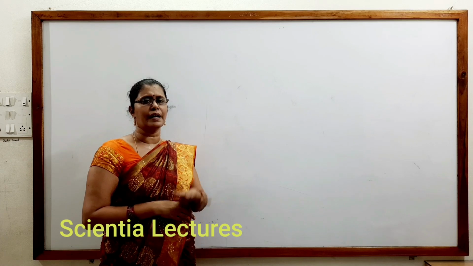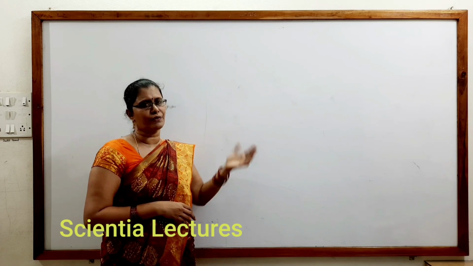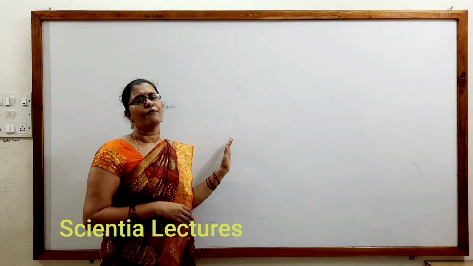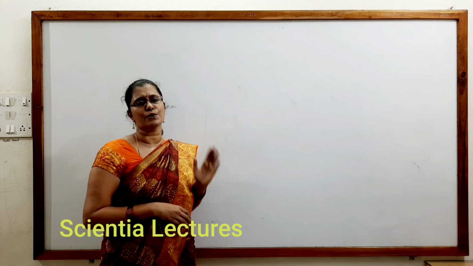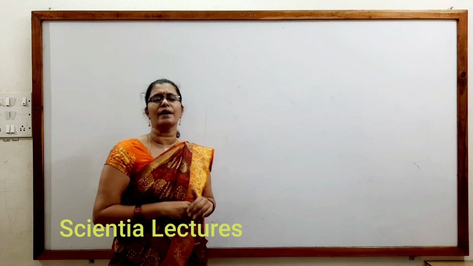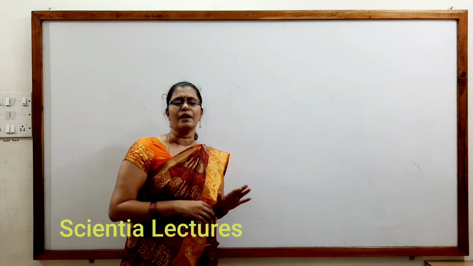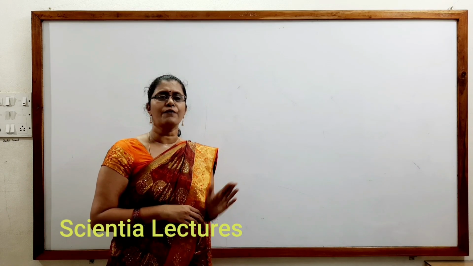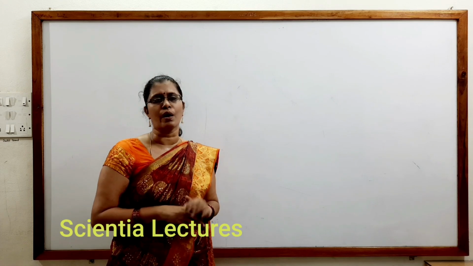So you have to write the rate law and you have to find the overall order of reaction as we have discussed. Next is half-life method. In the half-life method, T half is inversely proportional to A power n minus 1. T half 1 by T half 2 equal to A2 by A1 to the power of n minus 1. From that also you can find out the order of reaction in a simple way, or if it is a fractional order you have to take log on both sides.